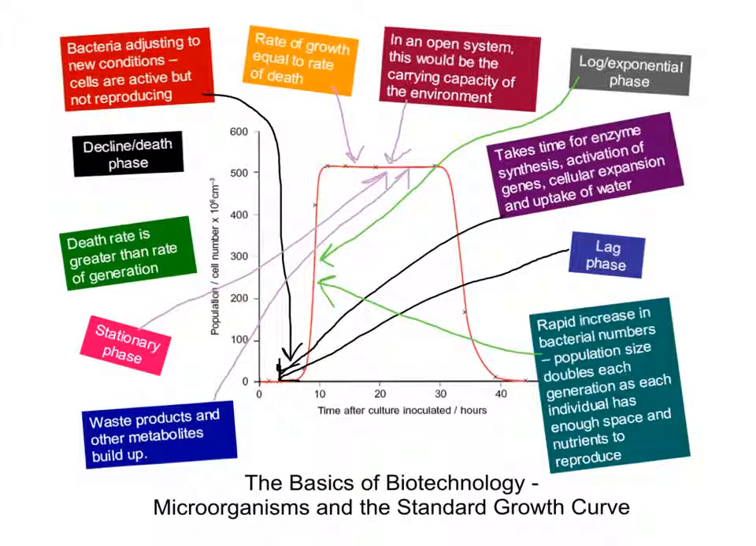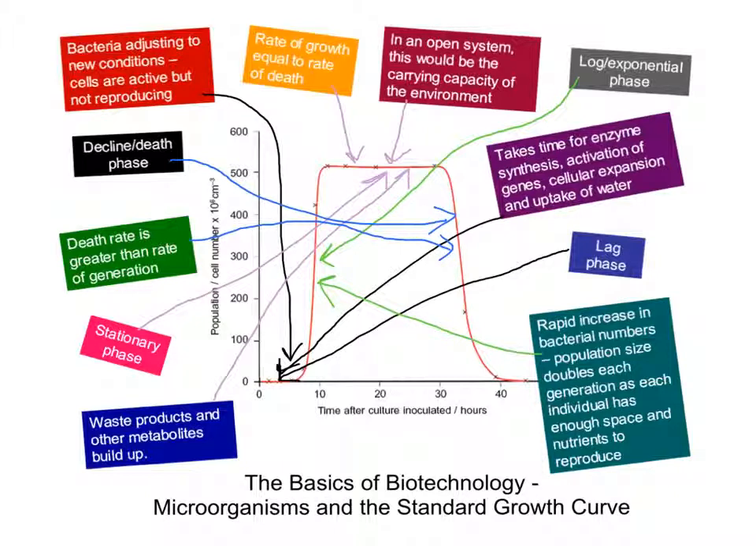And we've only got a few boxes left to fill, so it's fairly straightforward from here. And I'm guessing you can think that from the name, this would be a decline or death phase. Now at that point, this is where our death rate is greater than the rate of generation. So the rate at which new bacteria are reproducing. And I said that the build-up of waste products and metabolites can have a toxic negative effect, and that's what's